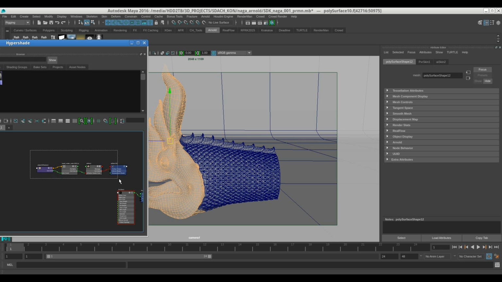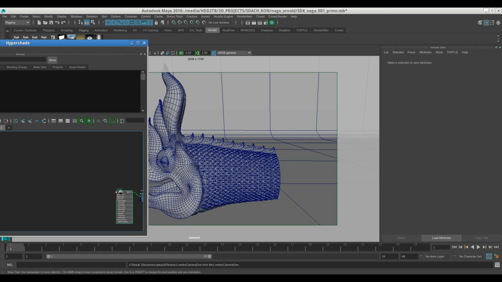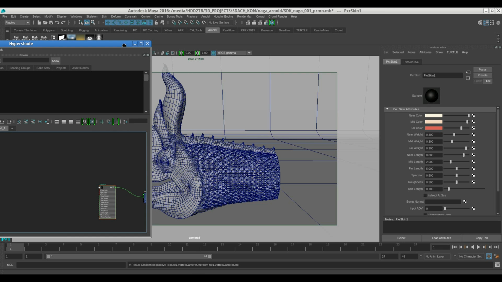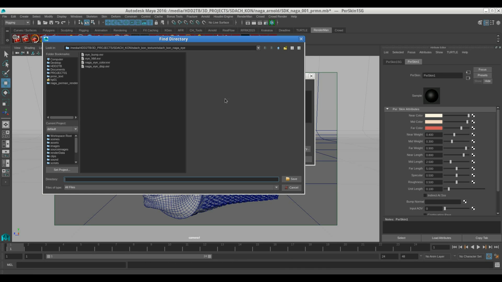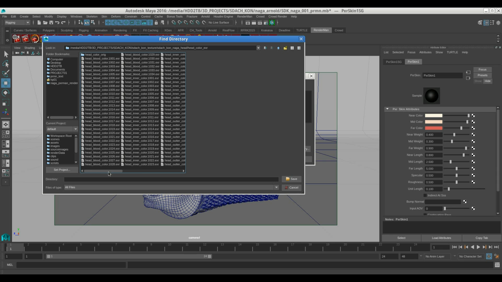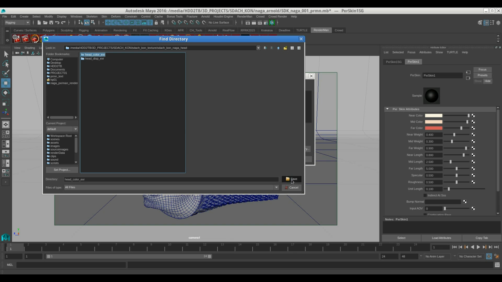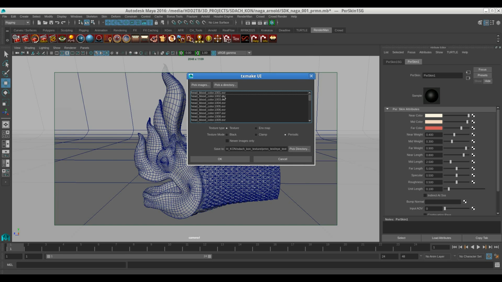Okay, with the pixel skin, so what should we do now just to get all those files connected? You need to go to RenderMan tab, you go to text file, you pick a directory of the file that you want to convert. So in this case, we are going to have the head, which is head color.exr. You need to convert all of the exr file. You simply, for example, select that folder. No, I need to pick a directory first. You see, it sees all the exr file, and then you choose a directory where you want to save it